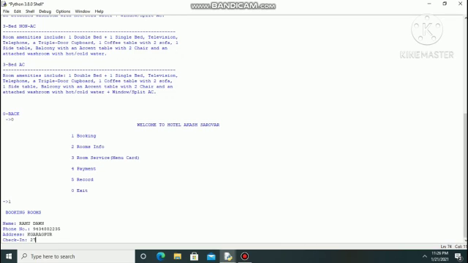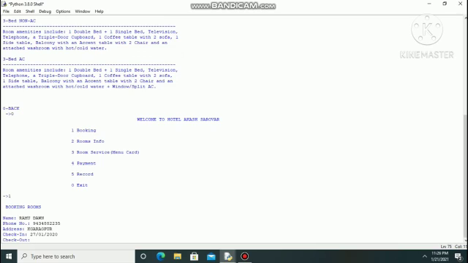Then the check-in date, 27/01/2020. Checkout is 31/01/2020.